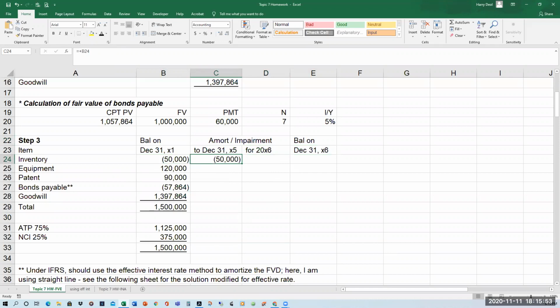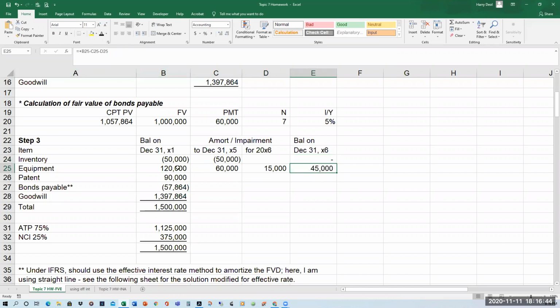The equipment had, we were told, 8 years remaining on the date of acquisition. From December 31st, 2001 up to December 31st, 2005 is a 4-year period. So 120,000 is to be amortized over 8 years, and we will have amortized $60,000 by the end of 2005. For the year 2006, another 1/8 of 120,000, 15,000, would be amortized,